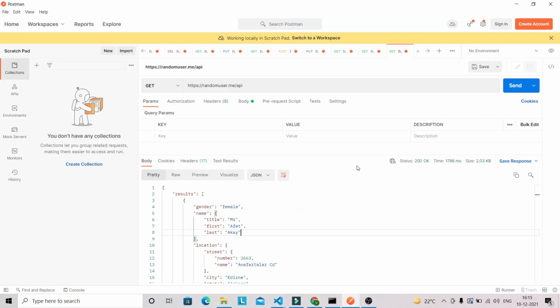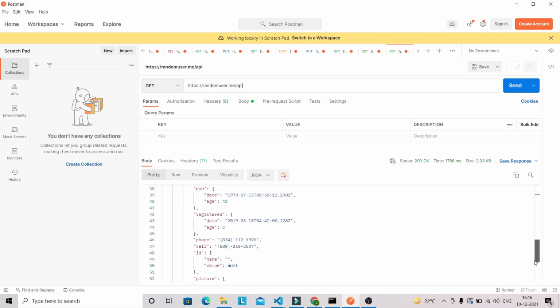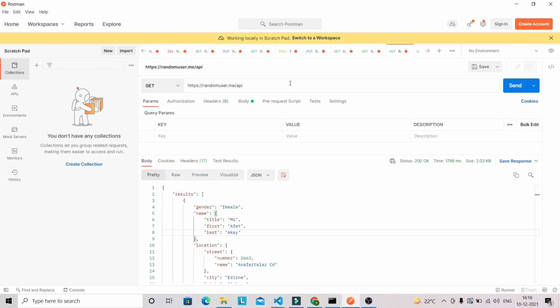And guys, in order to fetch the random user detail, we are going to use this API, as you can see in my Postman. This API basically returns a single array of object for that particular random person. So this results holds a single array of object for that random person. Okay, so we are going to use this API in our application.